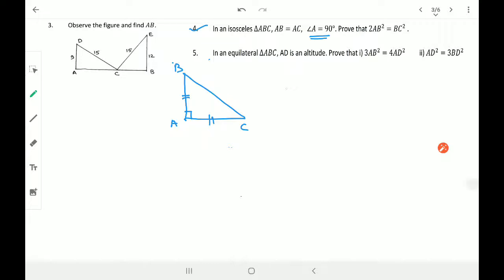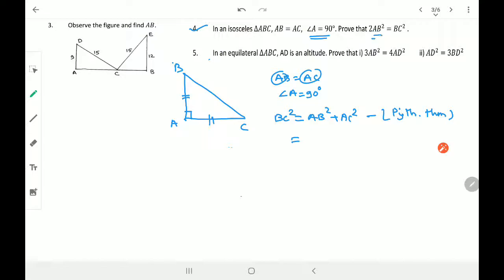तो पहले तो पाइथागोरस थ्योरम लिख लेते हैं यहाँ पे। AB is equal to AC है, एंगल A is equal to 90 है, ये तो गिवन है, राइट? If angle A is 90, do we have BC square is equal to AB square plus AC square? You may write the reason for this, Pythagoras theorem, right? But I know that AB and AC both are equal, so I can replace one of the AB and AC by the other.